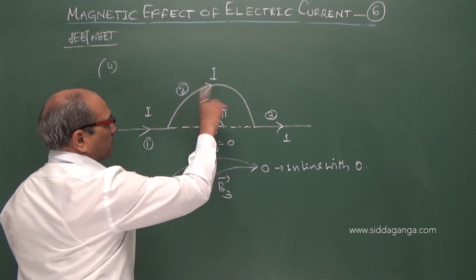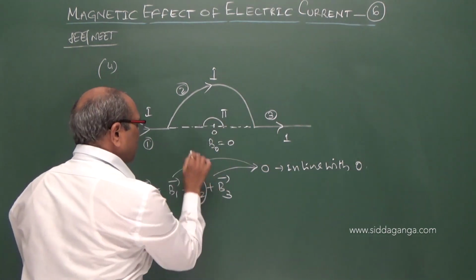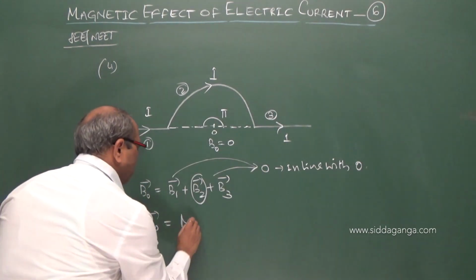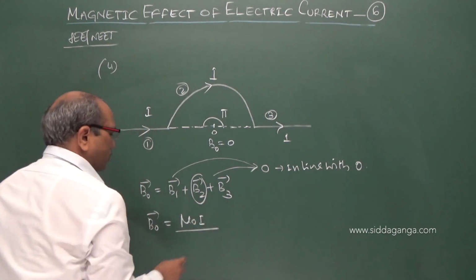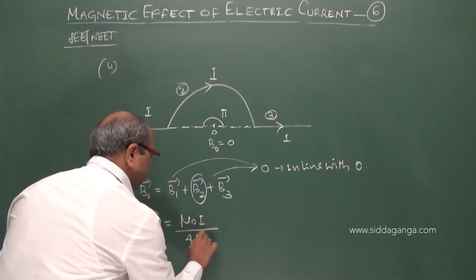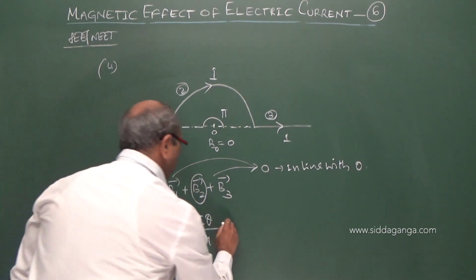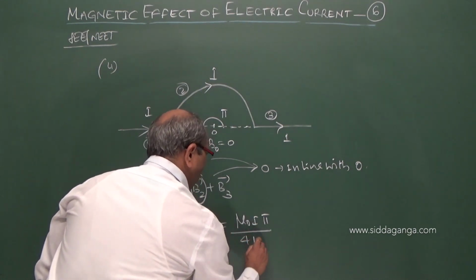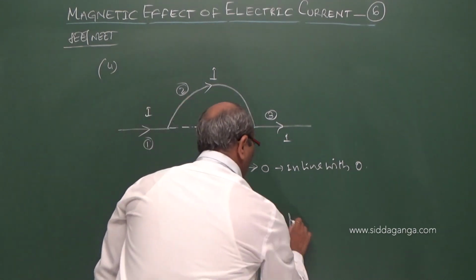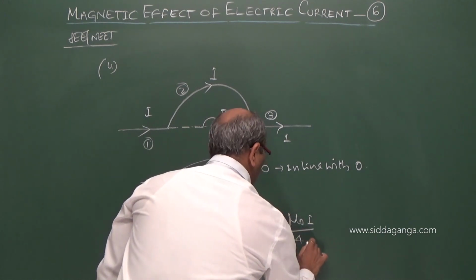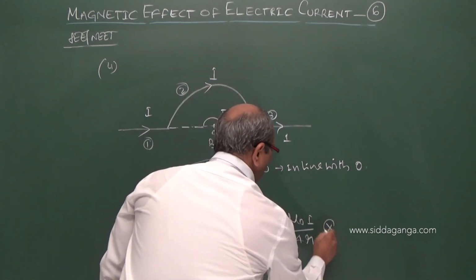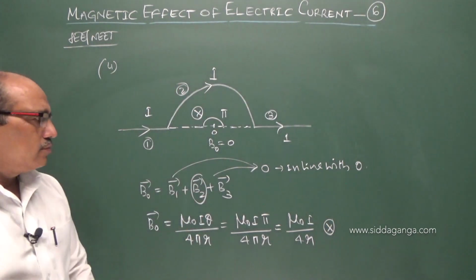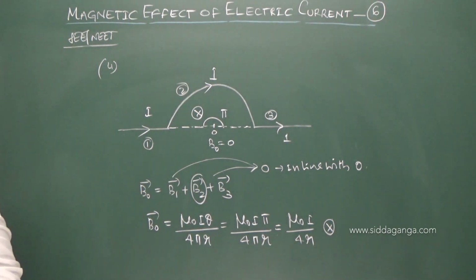It is the field by the half circle. You know what is the value of B2 for the half circle. For a full circle, you know that it is mu naught I by 2R. For a half circle, you can use the relation mu naught I theta by 4 pi R. Theta is pi radian. Mu naught I pi divided by 4 pi R. You get mu naught I by 4R, into the board. Clockwise, the field produced is into the board. So that is one. Take another.